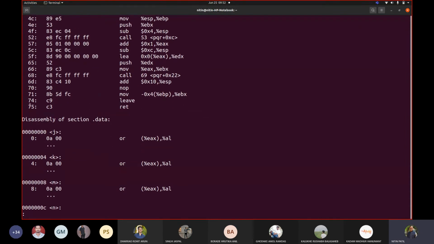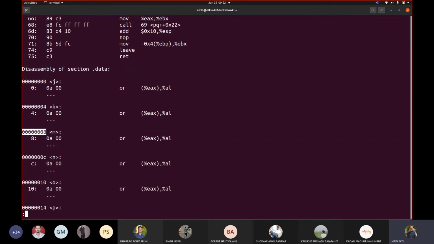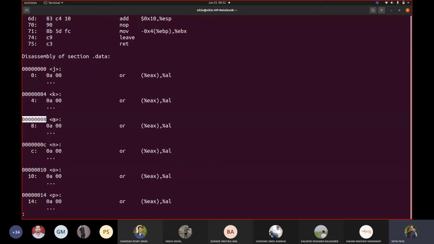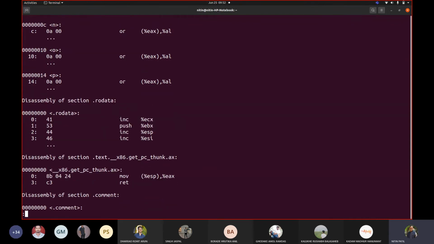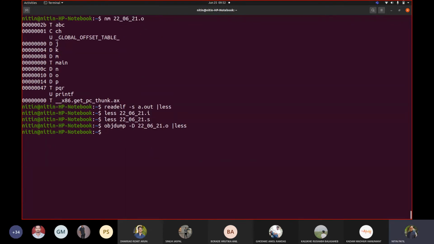Even your variables are given numbers, the way that we saw there: 0, 4, 8. Correct? These are the numbers given which are associated. This M is for you. The system never knows what M is. It only knows this address. Every time you refer to M, it would be referring to this number. I will show you that part as well. So that's how the numbers are associated with each part of code.